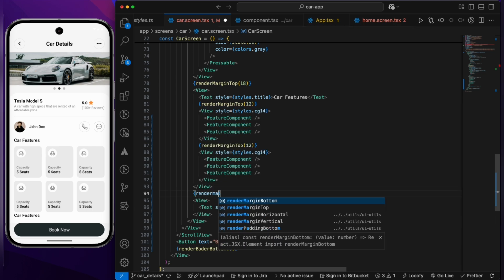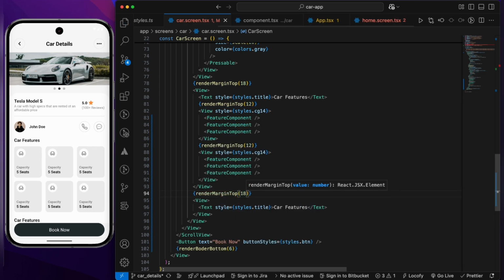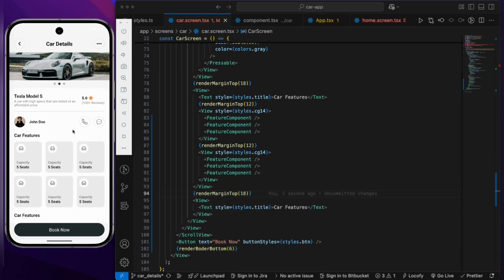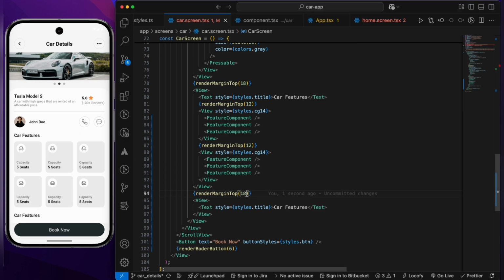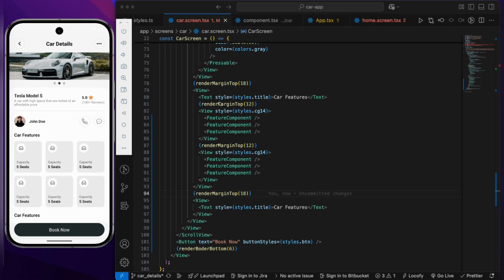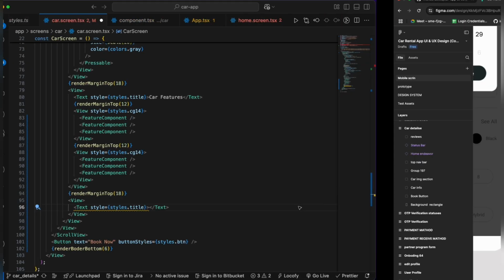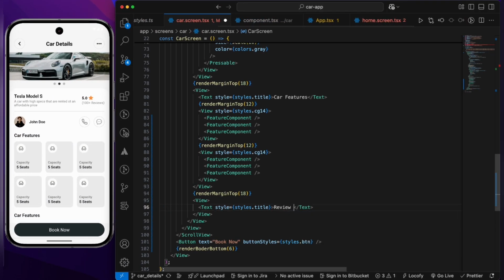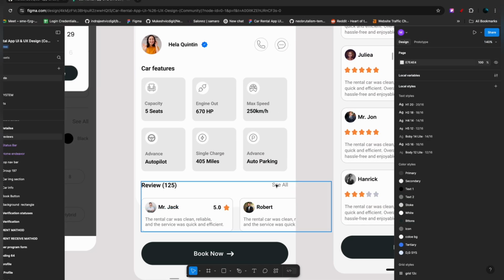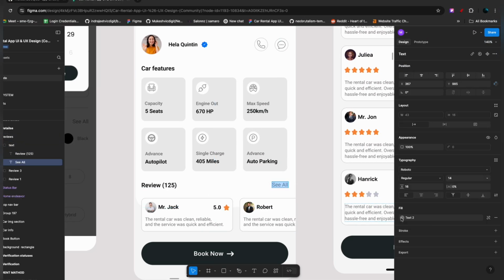So render margin top, I'm going to give it 18, and yeah, I think 18 is too much. Let's try, because I can see here is also 18, so it will look the same. So yeah, instead of car feature, we have to give review 125. So yeah, looks good. As well as we need this see all text,